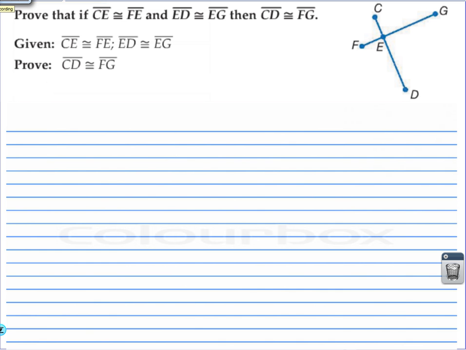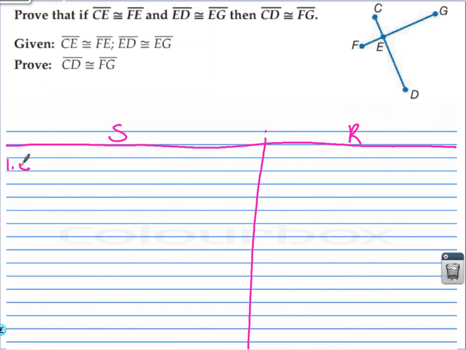Next problem. And some of these things are going to seem like common sense, and they're going to seem like, well, yeah, that's easy to see, but it's not always easy to prove. We're given that, well, I guess we can go ahead and write it down as I'm saying it. Make you a little T-chart here. Statements, reasons,